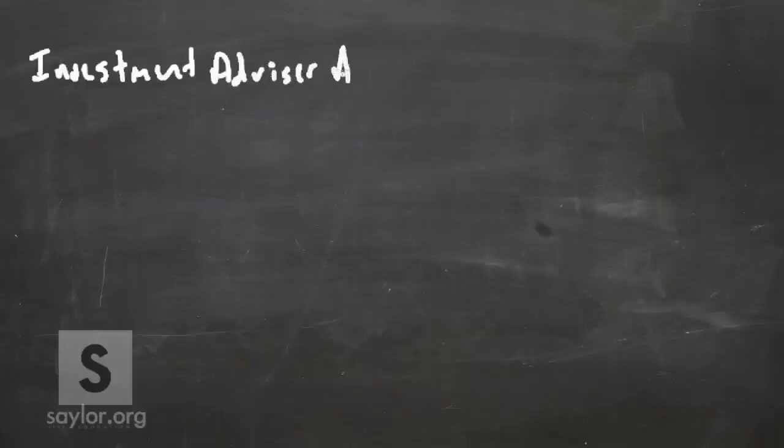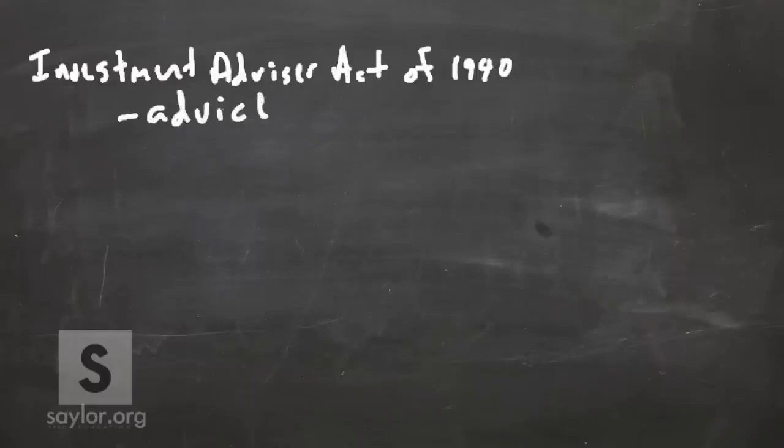Okay, beyond that, in 1940, we see the passage of two important pieces of legislation. We see first the Investment Advisor Act of 1940, covering an important area, because up till now we've been talking about the offer, purchase, and sale of securities. The Investment Advisor Act deals with the regulation of companies that provide advice about investing. It requires that these investment advisors register either with the SEC or with the state securities regulators in order to do business, or they must qualify for an exemption from the registration requirements.